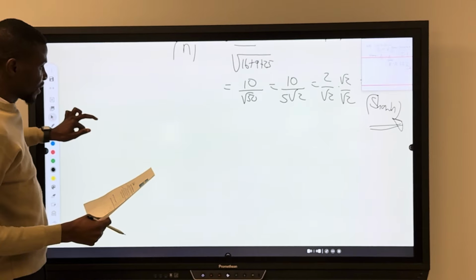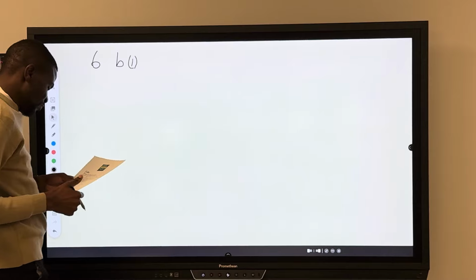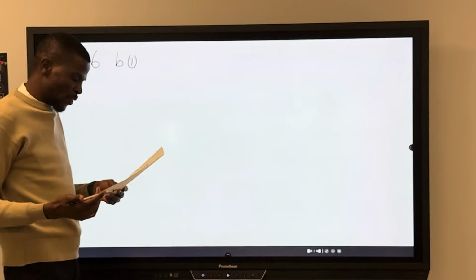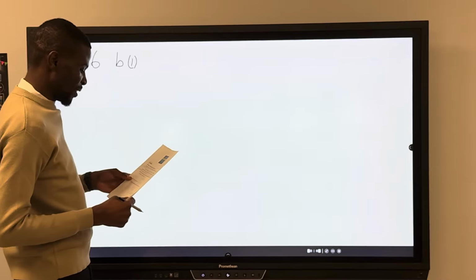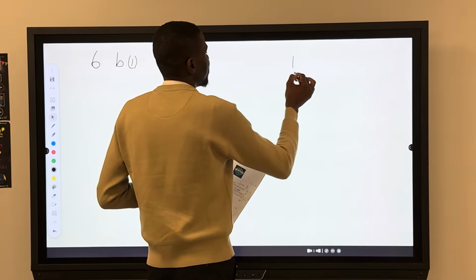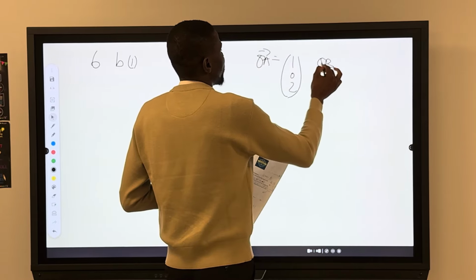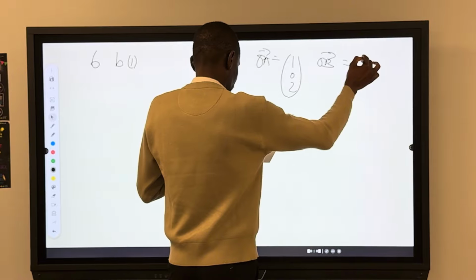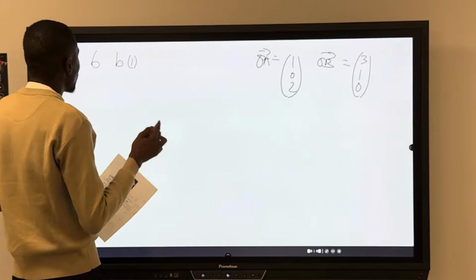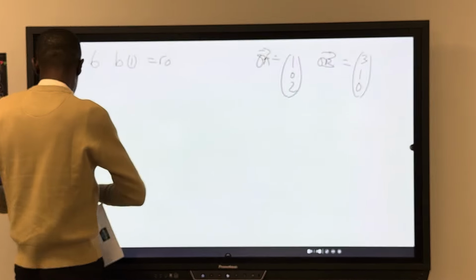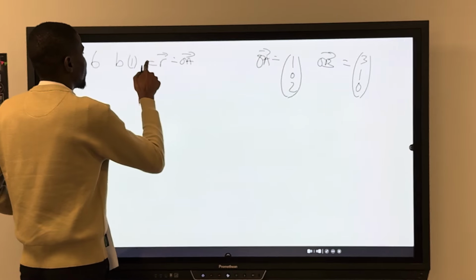Then 6b item 1. We need to find the vector equation of the line L1 which passes through the points (1, 0, 2) and (3, 1, 0). So we have the point (1, 0, 2), I can call this A. Then I can call (3, 1, 0) B, the position vector there is B. So we know that the equation of a line should be r equal to any point on the line,